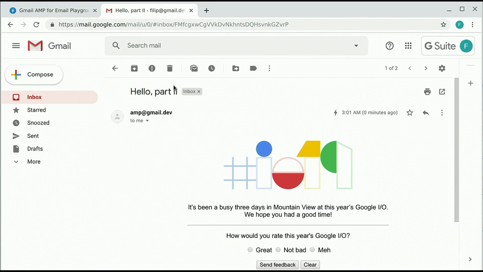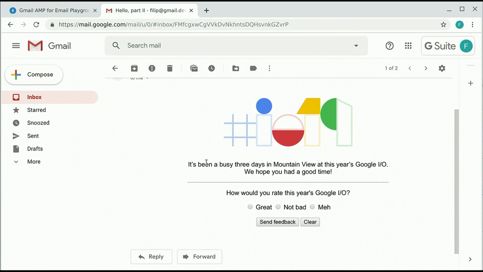Everything seems to be rendering fine. This is exactly what we would expect from the playground. So let's try this email out once again. I will press the button before selecting anything just to see if validation works. Seems to be fine. Selected an option. And I received "thank you for submitting feedback," which means that we've just made an HTTP request from the email